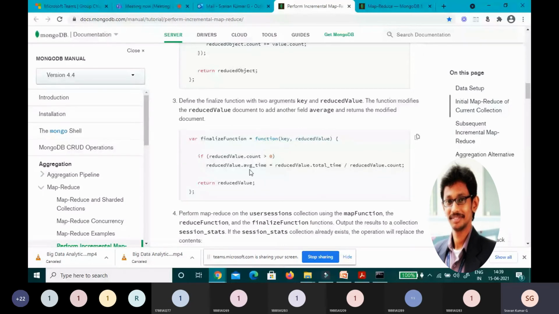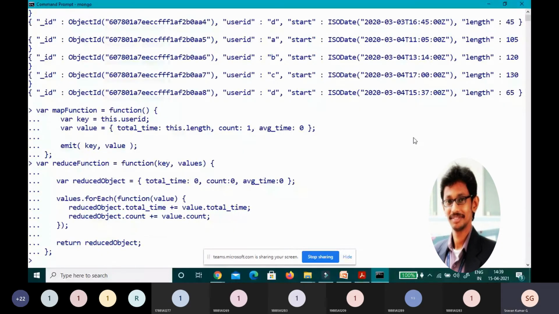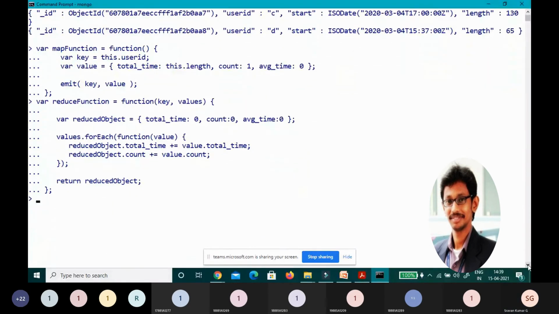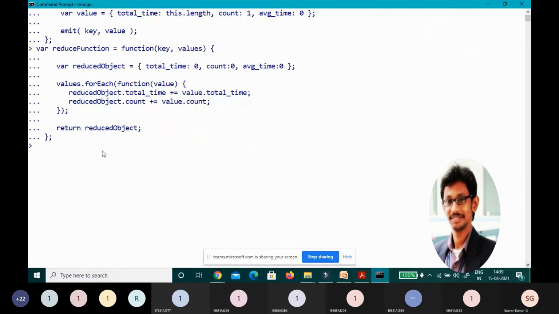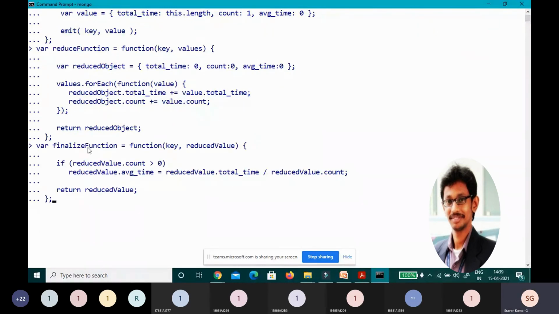So 100 will be returned to average_time, referred to as the reduced average time. To calculate the average time, I'm using a finalize function. Now I'm going to write the finalize function. Now the finalize function is also done.